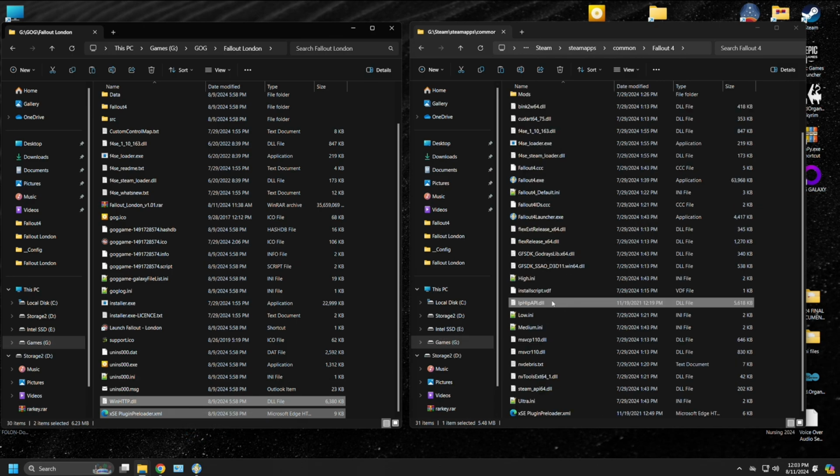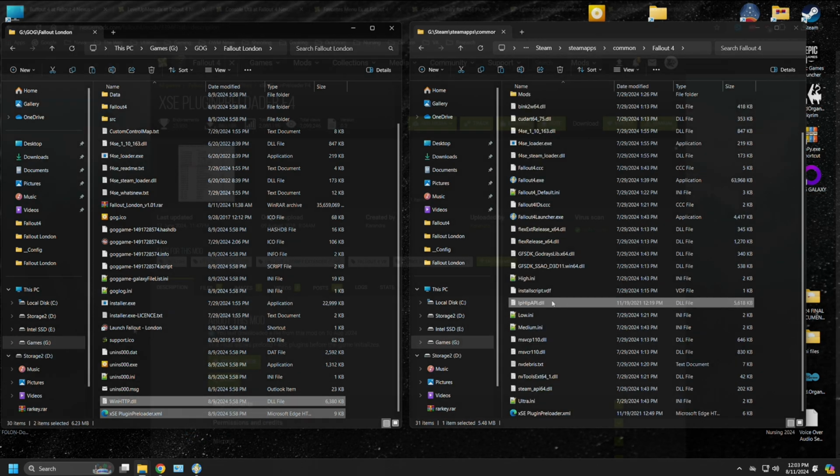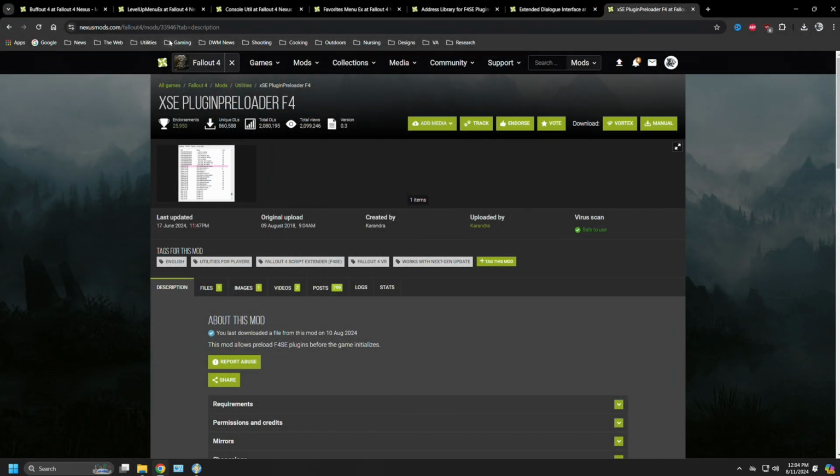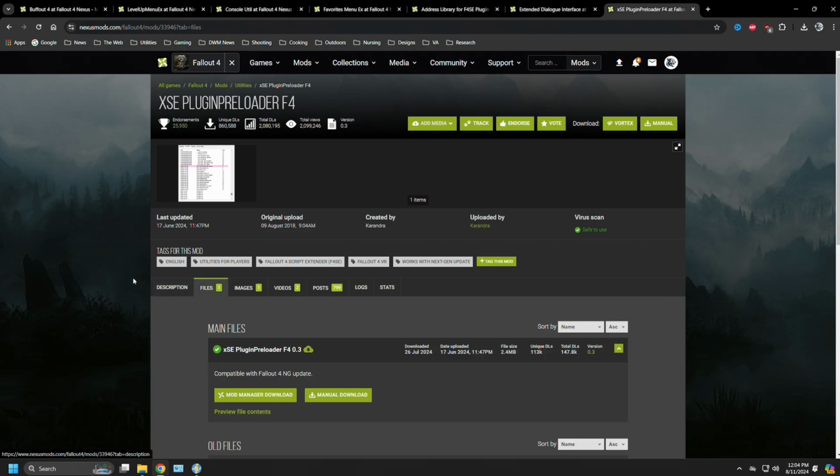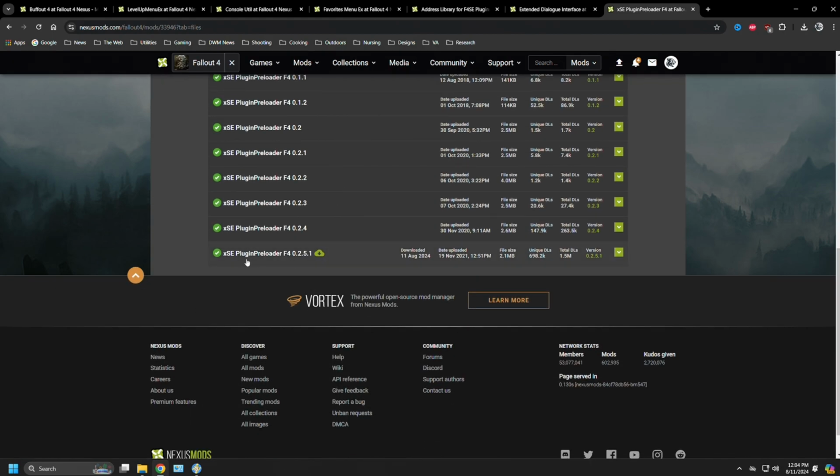So I'm going to remove them for right now, just for ease of sake. I'm going to show you this exactly. It is mod number 33946, the XSE plugin preloader F4 in the Fallout 4 Nexus. Go to the Files tab, scroll all the way down here to the bottom, the XSE plugin preloader